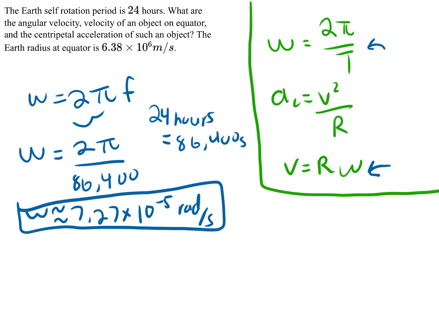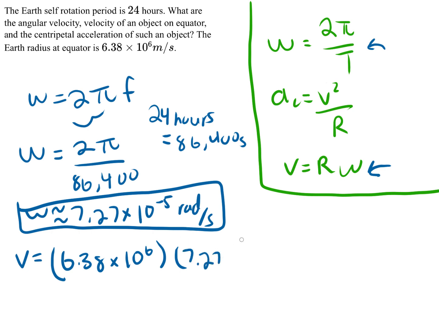You can just simply plug that in. The velocity equals the radius, which is 6.38 times 10 to the 6th meters, and then multiply it by the angular velocity, which is